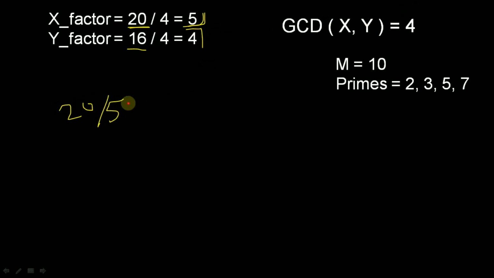Okay, and if you divide 16 by the y factor, so the y factor is 4, so 16 by 4 is 4. So we can move to floor number 4. But the problem is, according to rule 1, from any floor number A, you can only move to floor number A by P, where P is a prime factor of A, that is smaller than the given number.